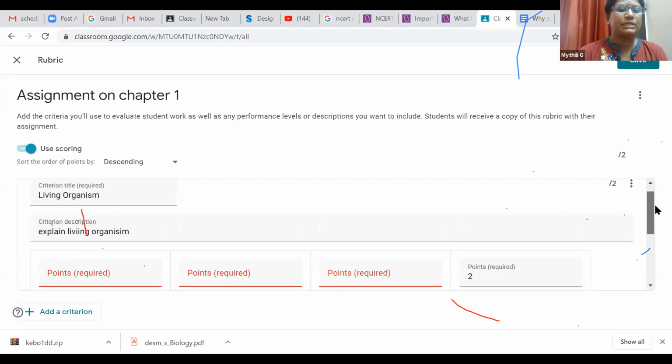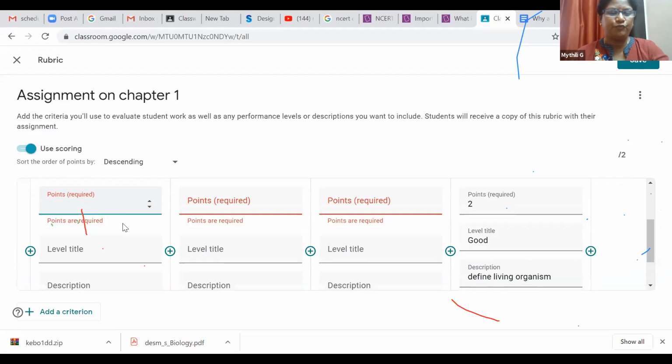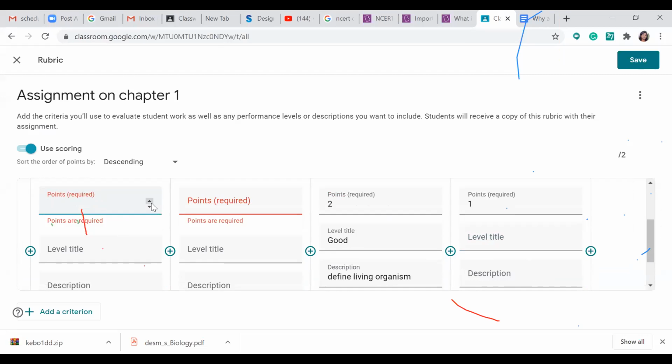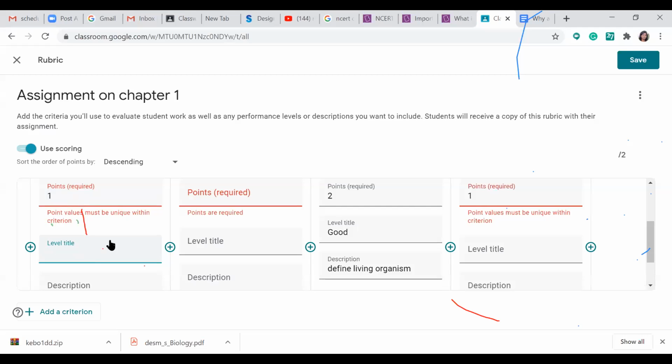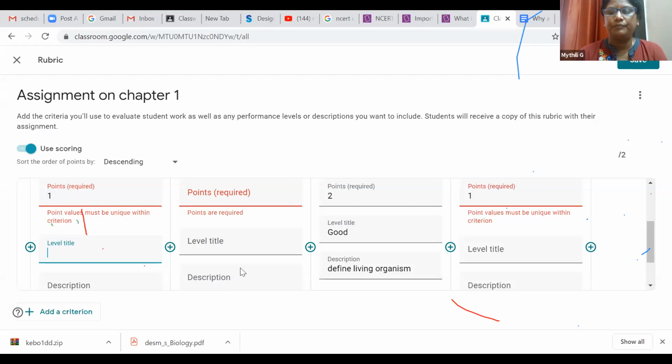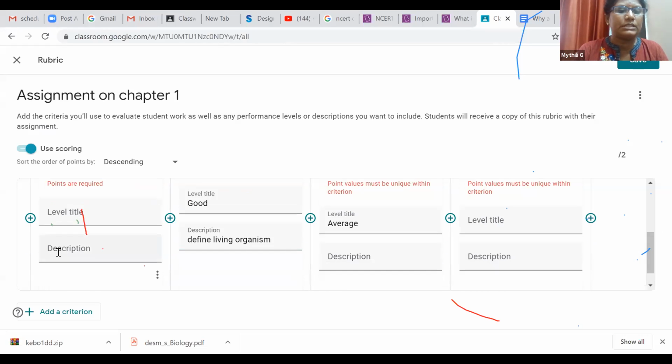So here I'm explaining, so I have to give the point 1. In the point 1, I am giving this, for example, if I say this point 1 is average, okay. So then description, if they explain, for example,